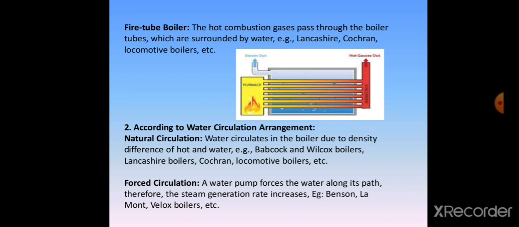In these types of boilers the steam generation rate is low because it is happening naturally. Okay, and these types of boilers are the Lancashire boiler, Cochran and locomotive boilers. Now in forced circulation, the movement of heat transfer from the lower layer to the top layer is initiated at a higher rate with the help of a pump. Okay, and when the pump is doing this task, the generation rate will be increased, and this happens in boilers like the Velox boilers.